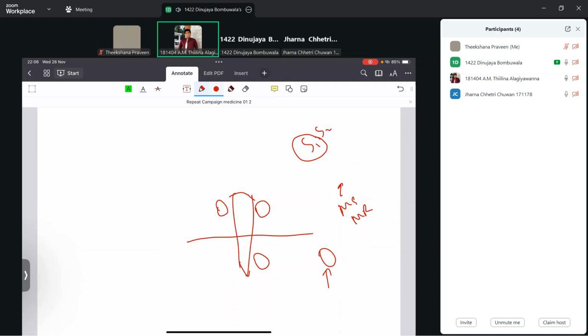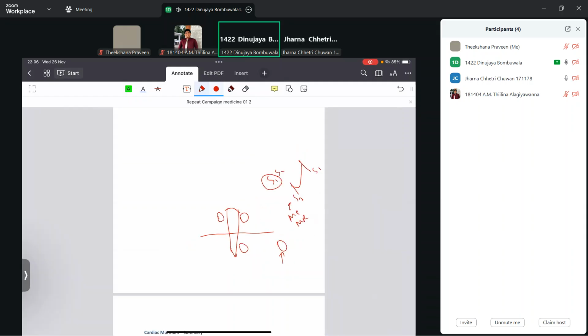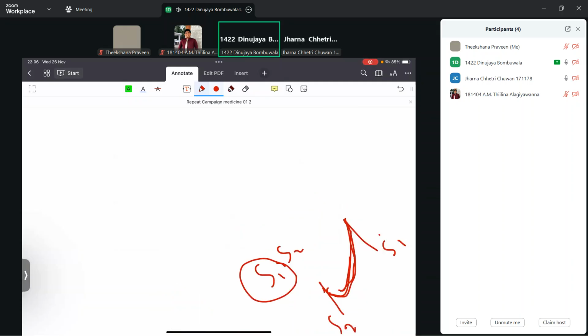Pre-systolic accent. And the mnemonic goes like this: tapping is loud S1, and there will be an opening snap as well. This opening snap won't be heard if the valve is calcified, because the calcified valve is not pliable.